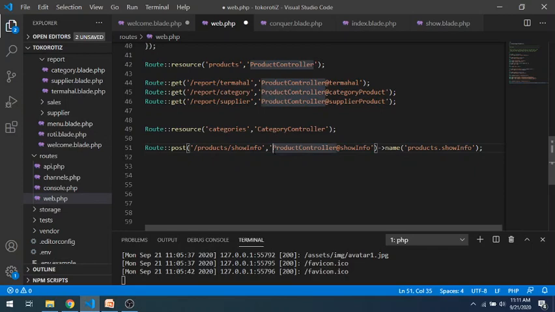The route will use the product controller with the function name showInfo.